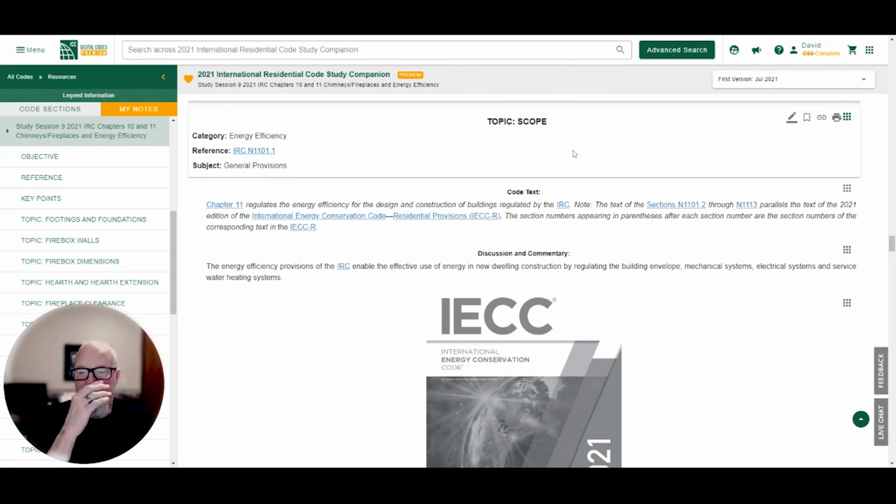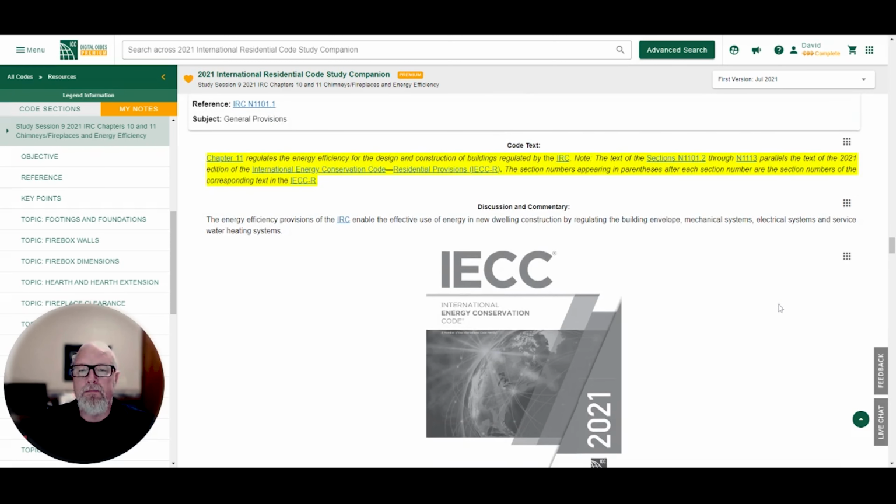All right, so we're going to move on to the energy efficient chapter, chapter 11. This one is going to cover IRC chapter N1101. Chapter 11 regulates the energy efficiency for the design and construction of buildings regulated by the IRC. Note, the text of the sections N1101.2 through N1113 parallels the text of the 2021 edition of the International Energy Conservation Code, Residential Provisions,